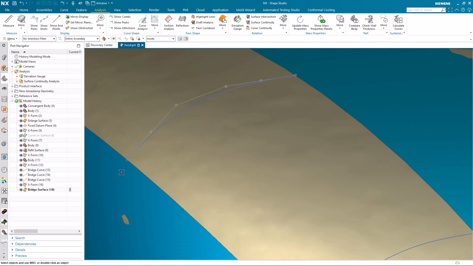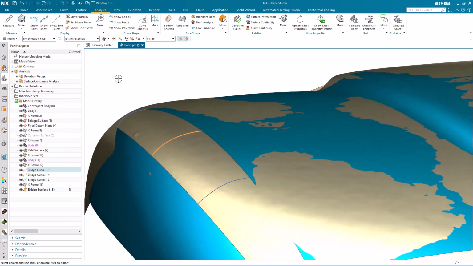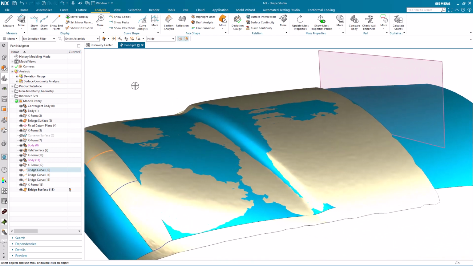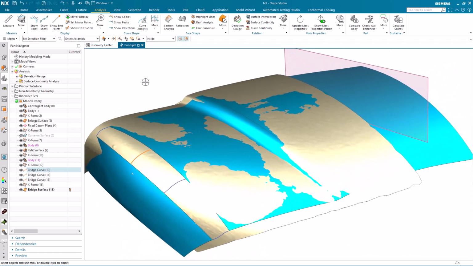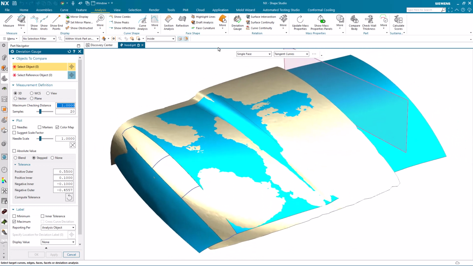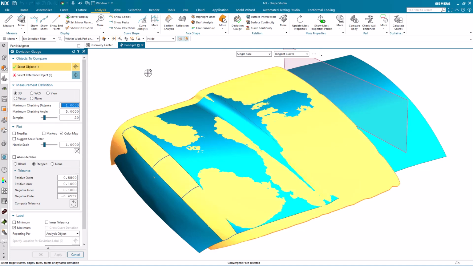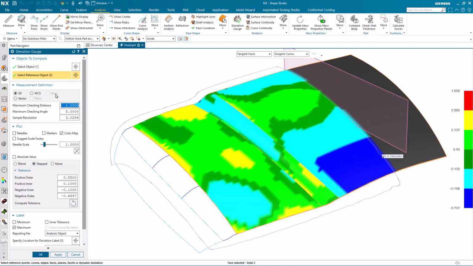The final enhancement in advanced shape design takes us back to another analysis type. In this case, we're going to take a look at the deviation gauge. As I said earlier, we have a scanned body and some surface data, and I want to check the deviation between the scan and the surfaces I've created. I'm going to refine the sample resolution,